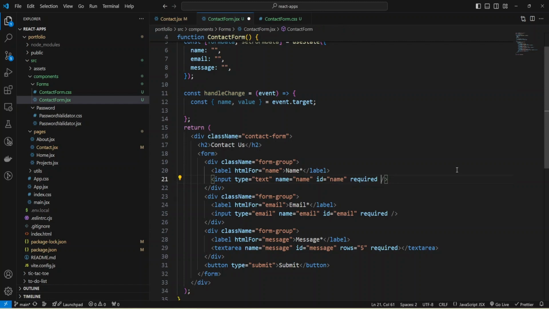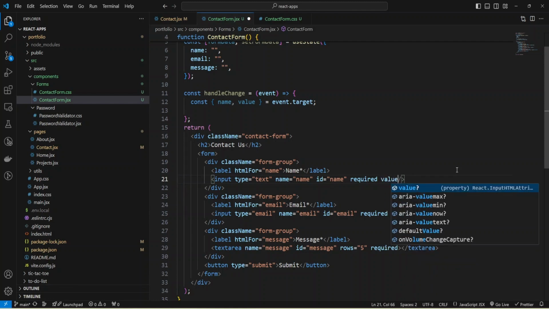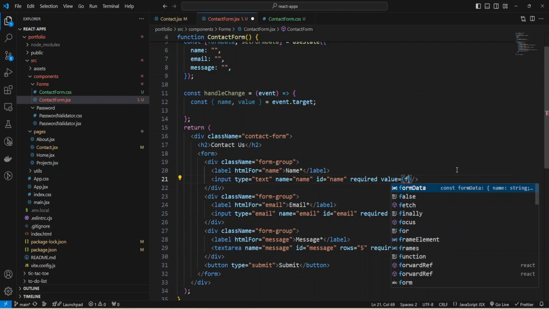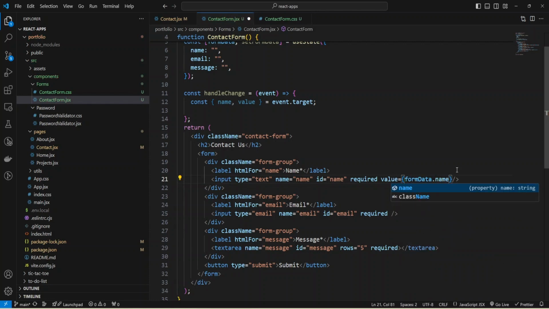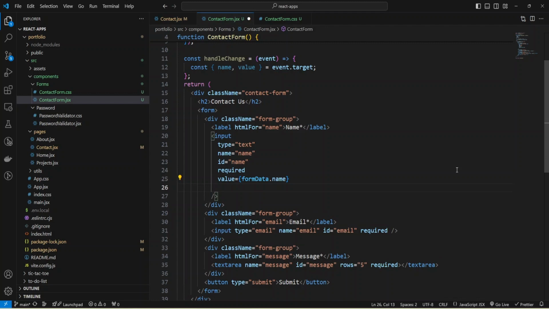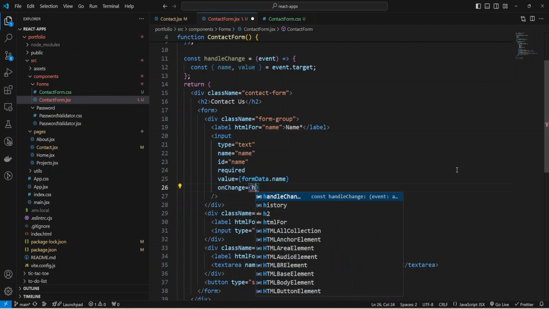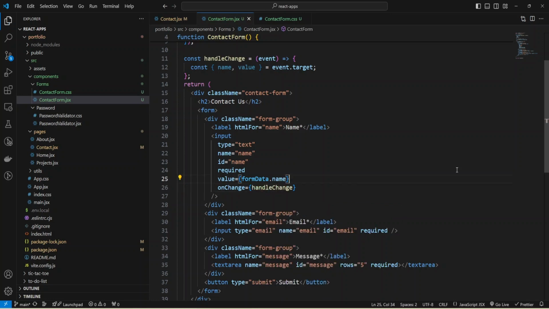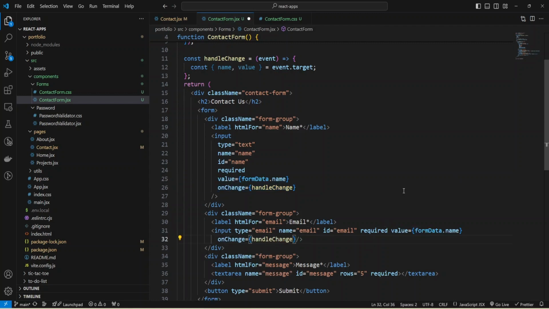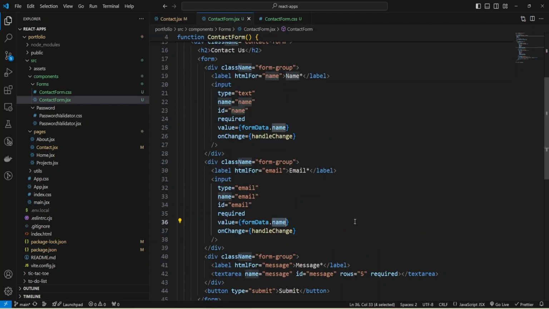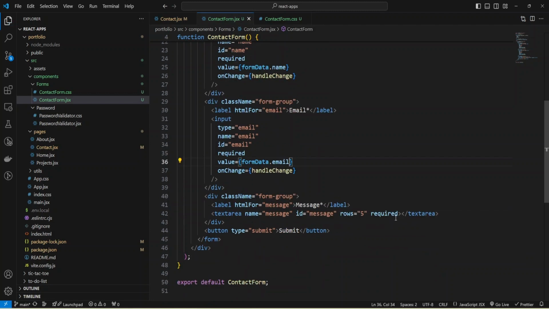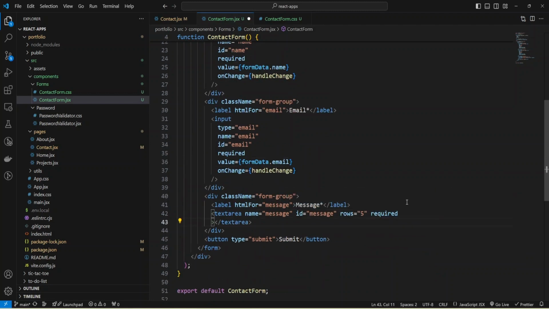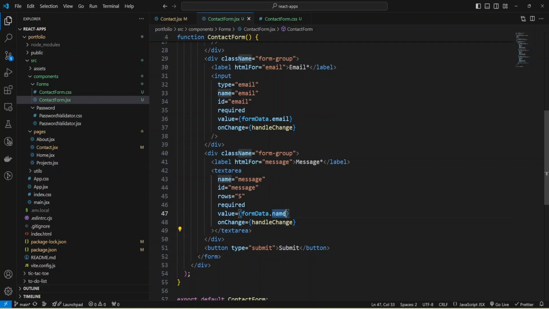Let me do it. I'm going to change my JSX and provide value formData.name, and also onChange I'll call handleChange. I'll do the same for my email, but change to email, and also I need to add this for the text area, but provide message.